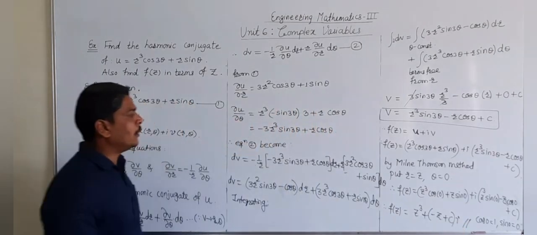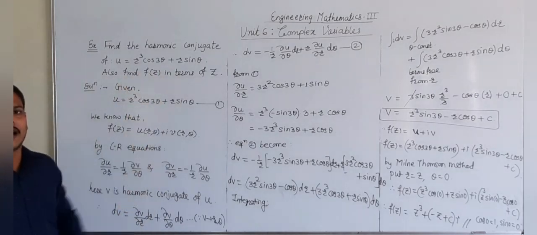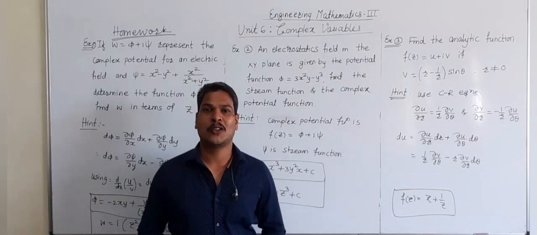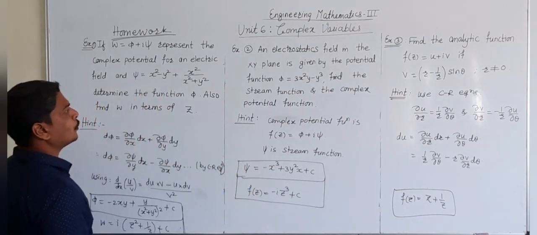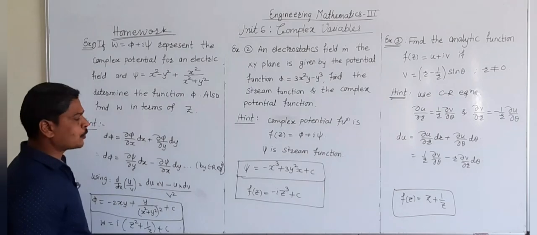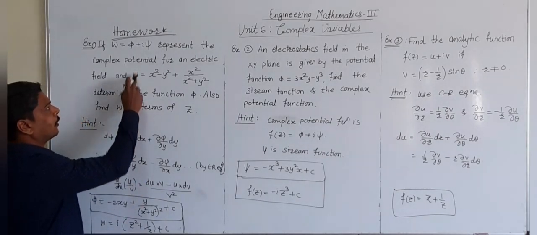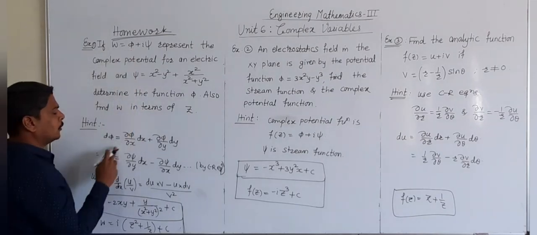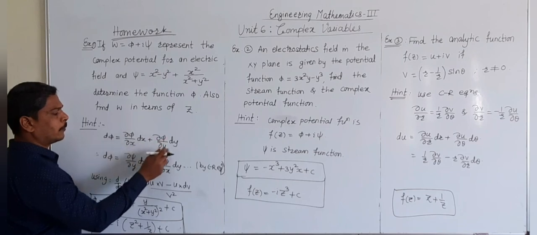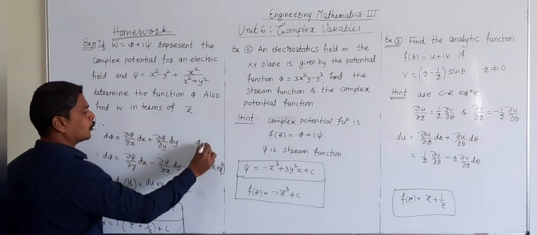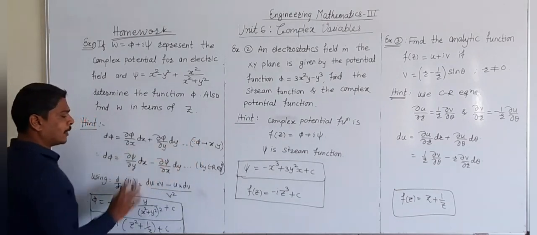So in that way very easily we can solve given equation in terms of r and theta. Okay. Try to solve some examples at home. So these are three given examples which depend upon the Cauchy-Riemann equation and analytic function. So here we have given function psi and our requirement is to find function phi. So we know that d phi is equal to del phi by del x dx plus del phi by del y dy, because phi is a function of x and y. Okay, so that's why we are differentiating in that way.